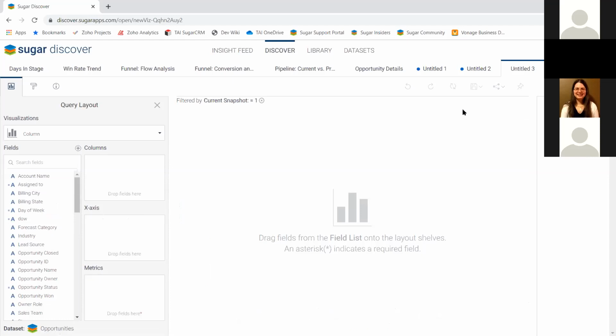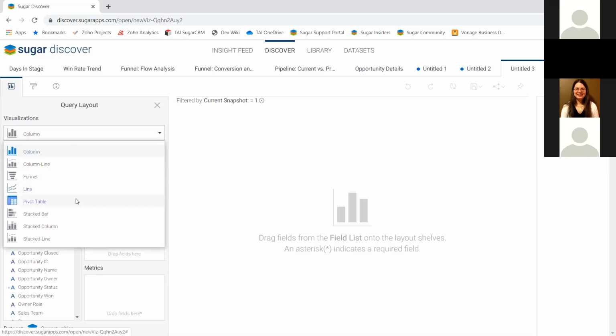Are we getting better at getting our salespeople started and running, or is it actually taking them longer over time to get up and running? And maybe I can dig in then to try to understand why that might be. So for this report, I'm going to do a pivot table visualization,